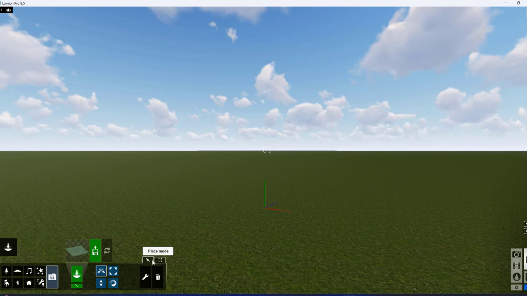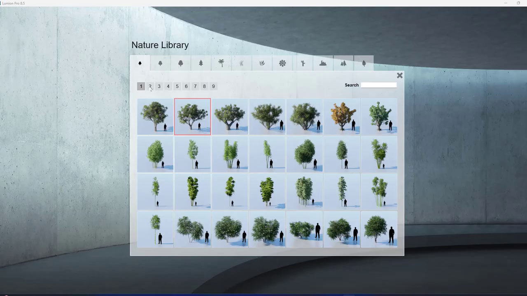So once you click on the place mode, here you can see different types or categories of the object, that is nature related object, transport, sound, effects, indoor, people and animals, outdoor, light and utilities. Depending on the requirement which type of component you want, you just click on that category. Once you click, you will get the icon related to that component or library, or you can say family.